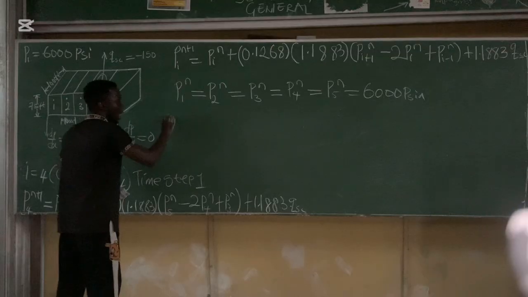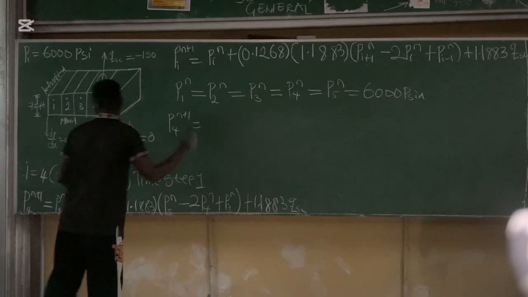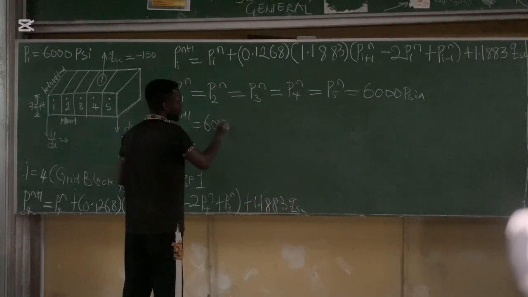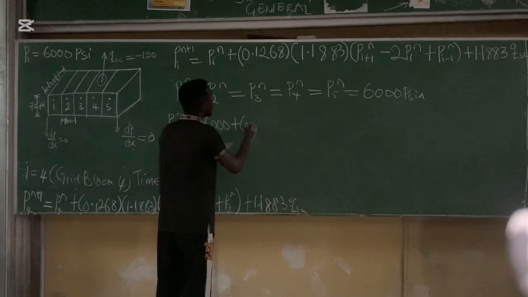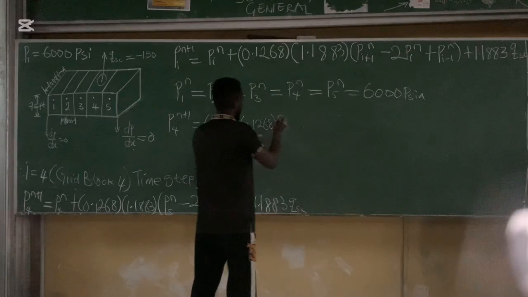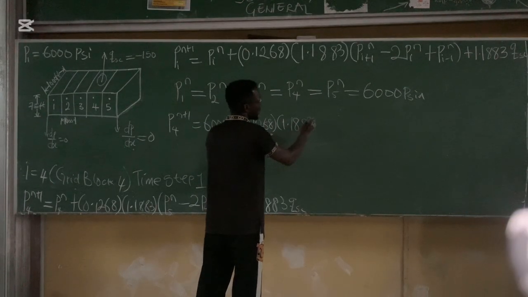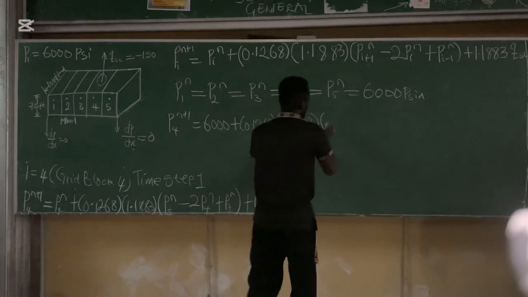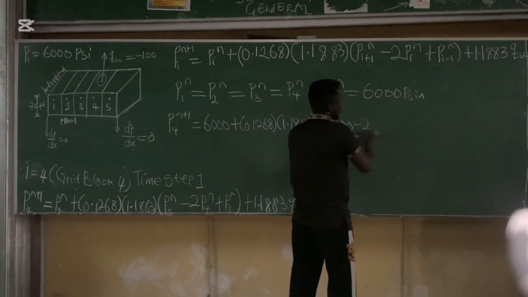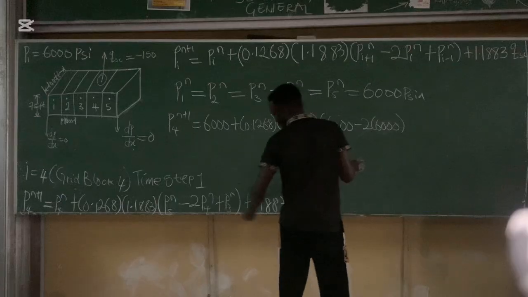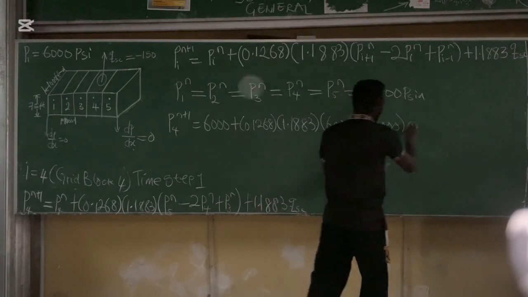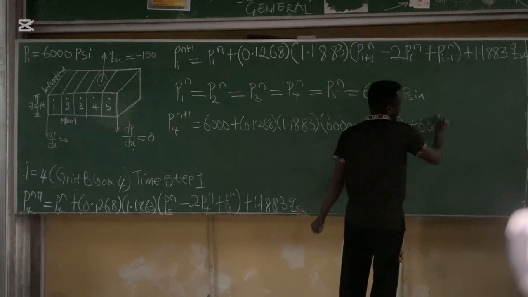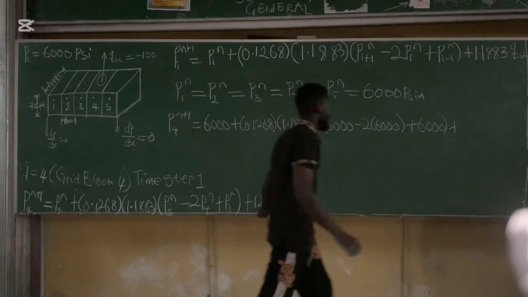If we substitute, our P4n plus 1 will be equal to P4n. P4n is equal to 6,000. So we're going to have 6,000 plus 0.1268 into 1.1883 into Pi plus 1n, which is P5, is 6,000 minus 2 into 6,000. That is our P4n is 6,000. Then plus P3n is also 6,000. Then plus we have this,